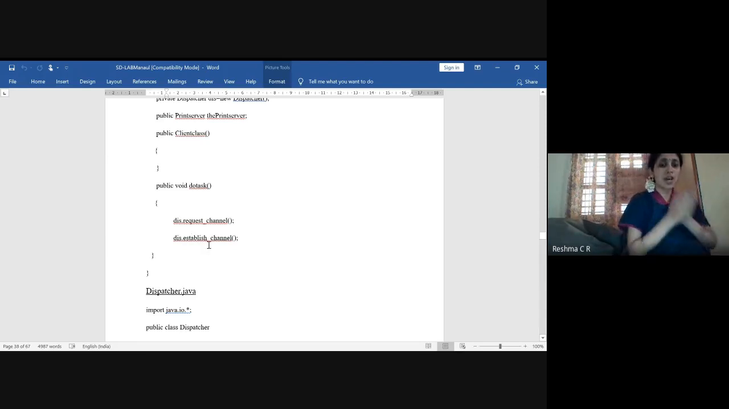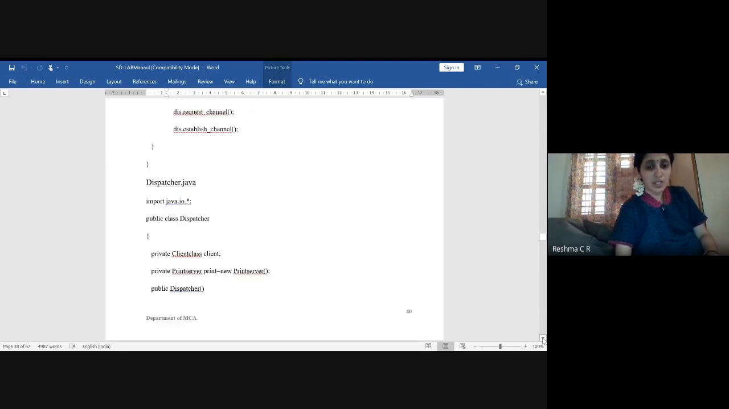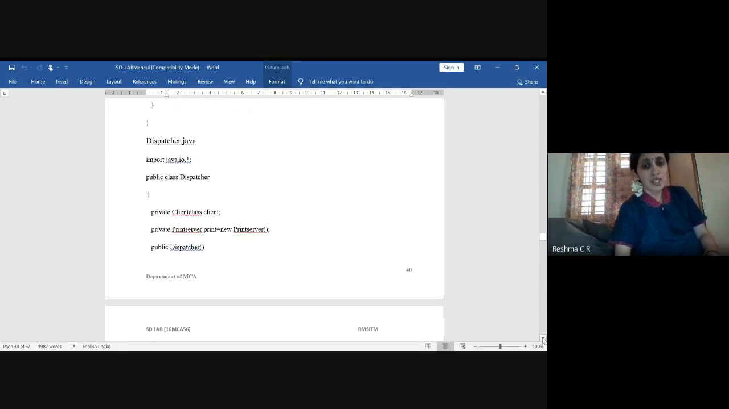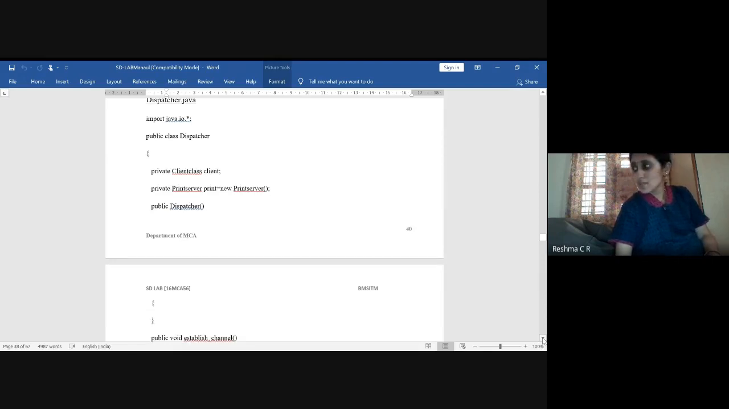Since the dispatcher has all the information about the servers, while the server has registered along with the dispatcher. So next, in the dispatcher class, create an object for the client class. So create an object for the dispatcher. So after creating the object for the print server and the client class,